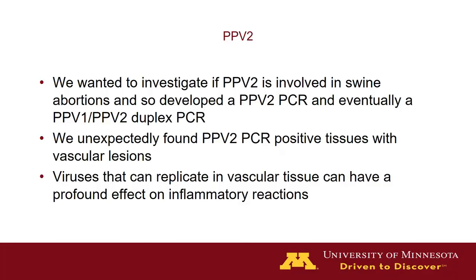We look at the PCR results, look at the tissue results, and just see what's going on with that particular virus in the pig populations that we look at. And so we started finding parvovirus 2 quite commonly in tissues that had vascular lesions,